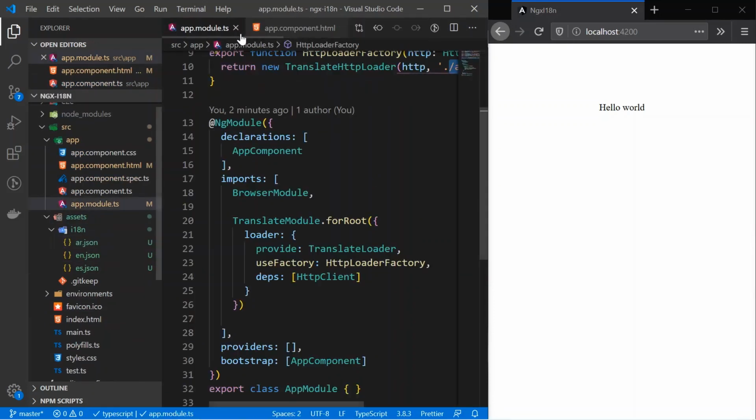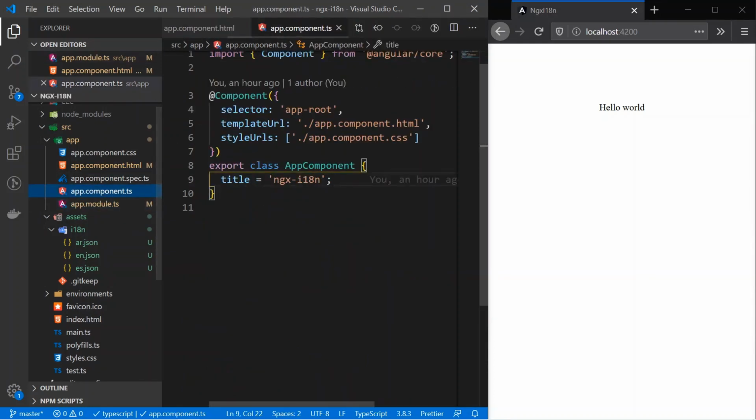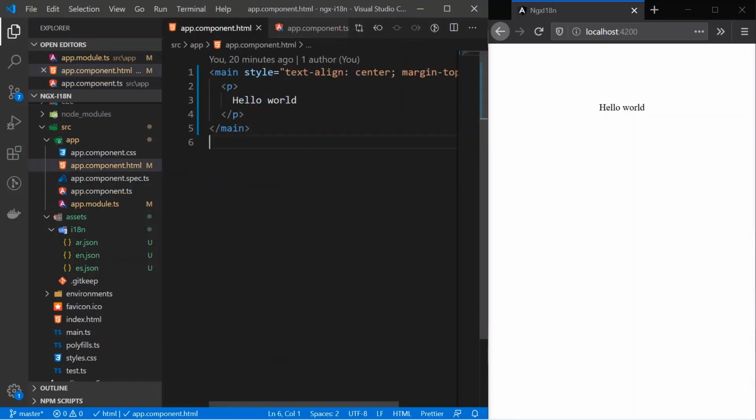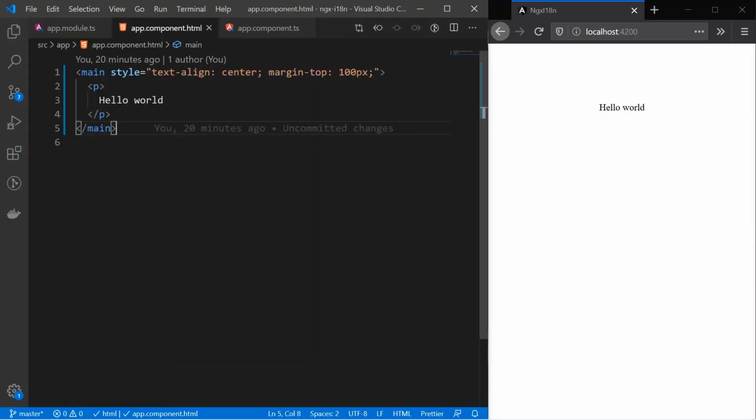Okay, now we'll have to go inside our app component and write the logic for how we are going to change the locale. Okay, and also the changed locale will reflect here. So the language will be translated based on the locale we are going to change. Okay, so let's look at that.